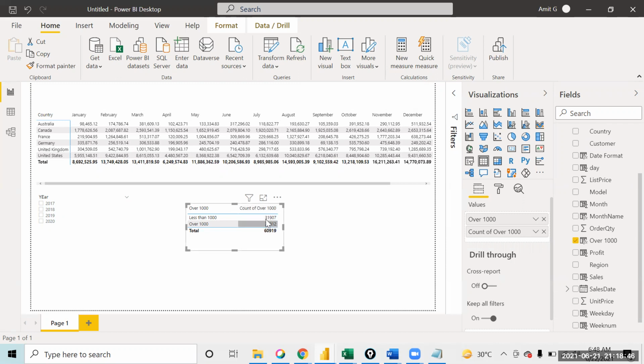So you can see the count. There are approximately 32,000 transactions that are more than 1000 and 29,000 which are less than 1000.